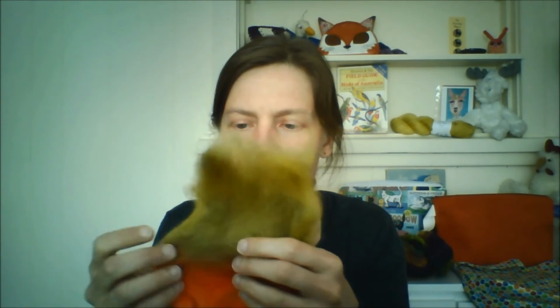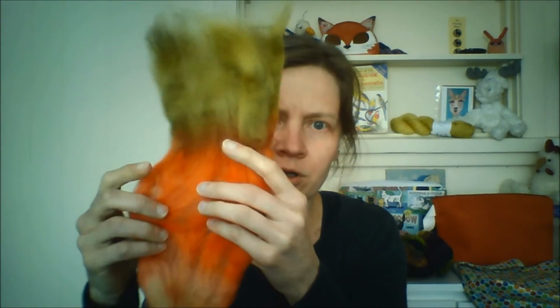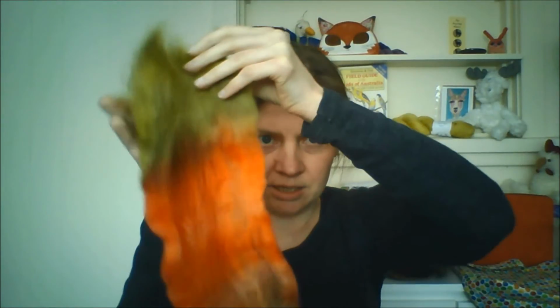What I then do, and this isn't with all fibres, I just find that sometimes when dye has been used, there can be little clumps, just from the compression of the fibre sitting around somewhere. So I just gently tug away at it horizontally, just to loosen up any clumps that are there. So then it becomes even wider still. Once that's done,